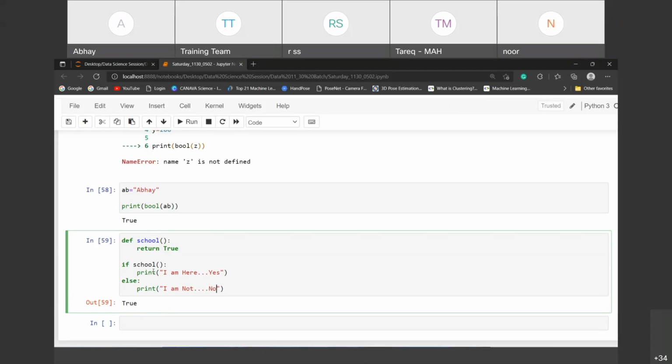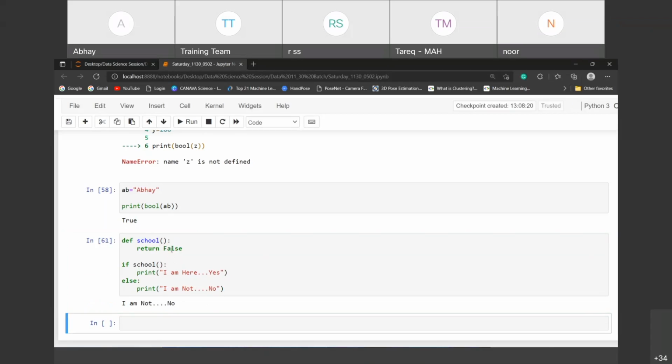If school is there, check out. I'm here also. If I say false, I'm not. Now you are getting the meaning of this. If I say true, then definitely it will go through the probabilistic answer. But check where I have added this function into the if condition. Got the point, everyone?